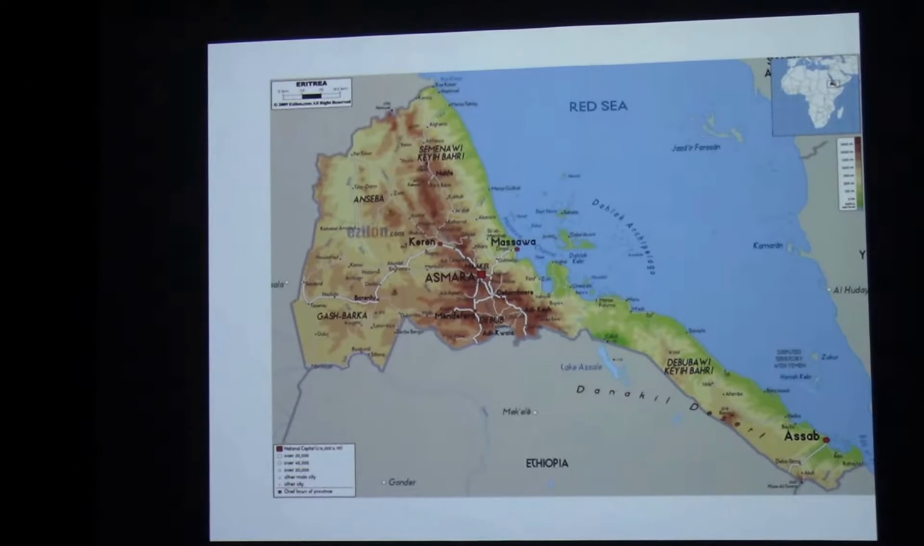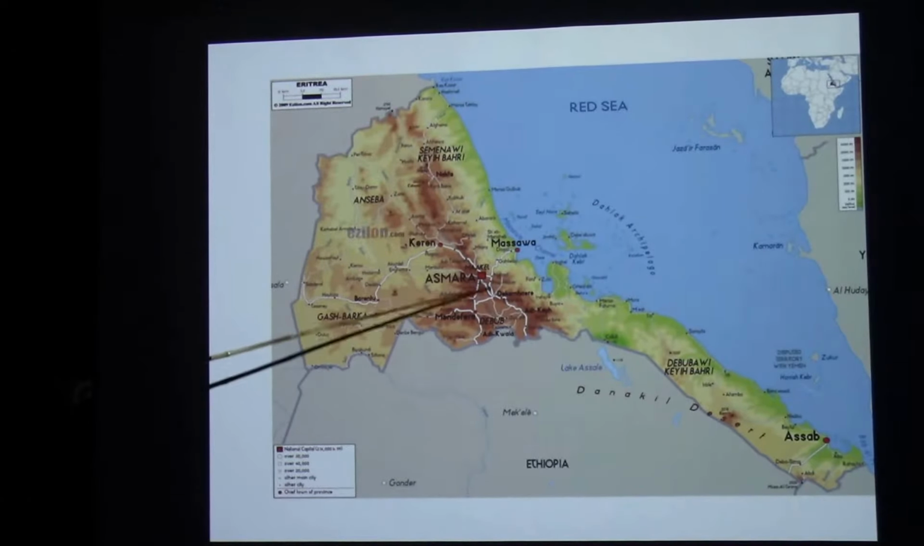But it's a fortified border and there's absolutely no contact between the two countries. And the Eritreans are always on alert for an attack, which I'll get to a little bit more further on, when in fact there was an attack after independence. But you can basically see the topography of Eritrea: it's a continuation of the Ethiopian highlands going almost up